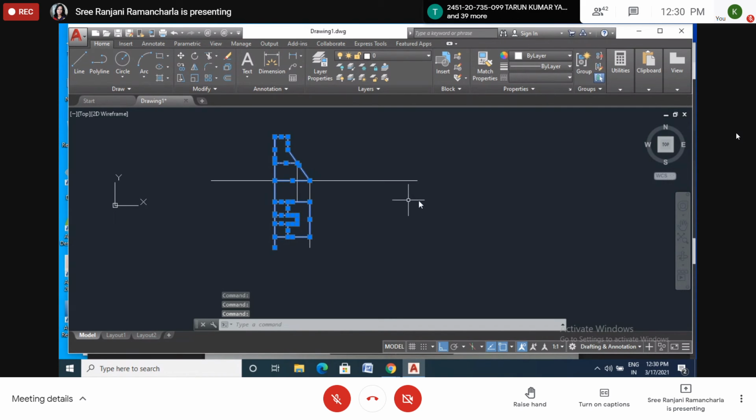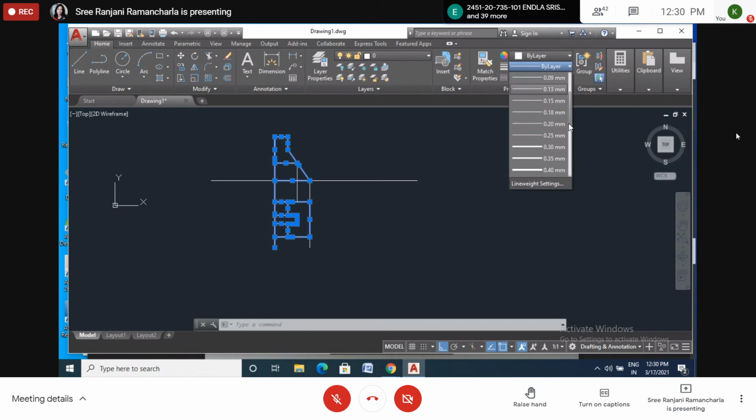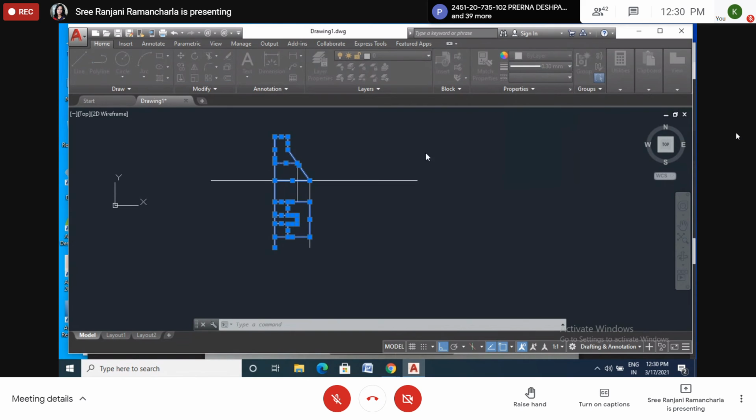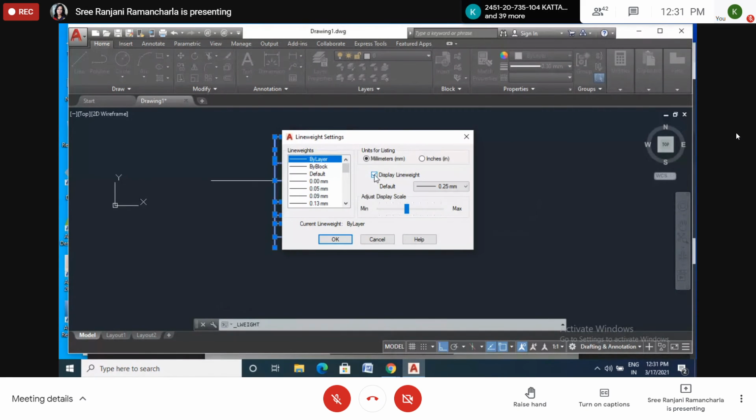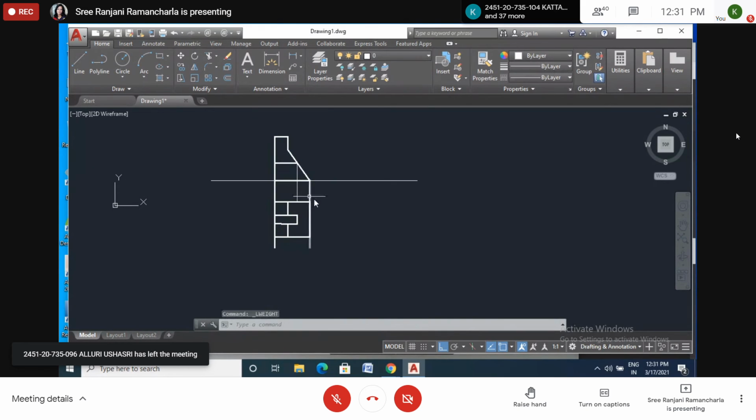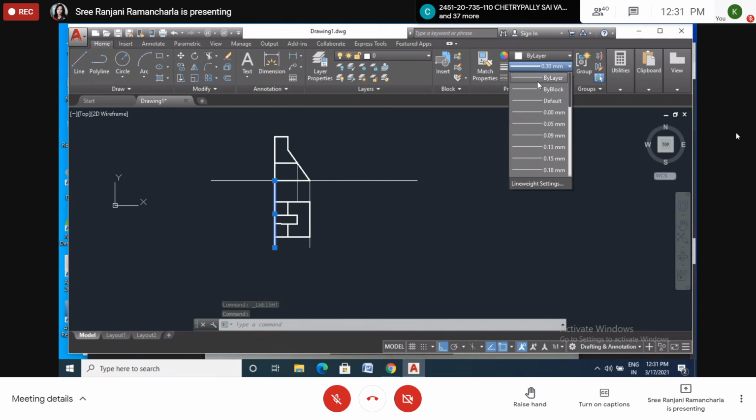Okay. Now go to line weight. So I want to take 0.3. It is not coming. Why? Because the settings at line weight we have to change here. See here, display line weight. It is not displaying, so we have to display it. Make a tick mark by clicking on that box. Then OK. Okay, now it's shown. So again, see here, I have not drawn this one. So I want to change this one to normal line weight, 0, line weight by layer.